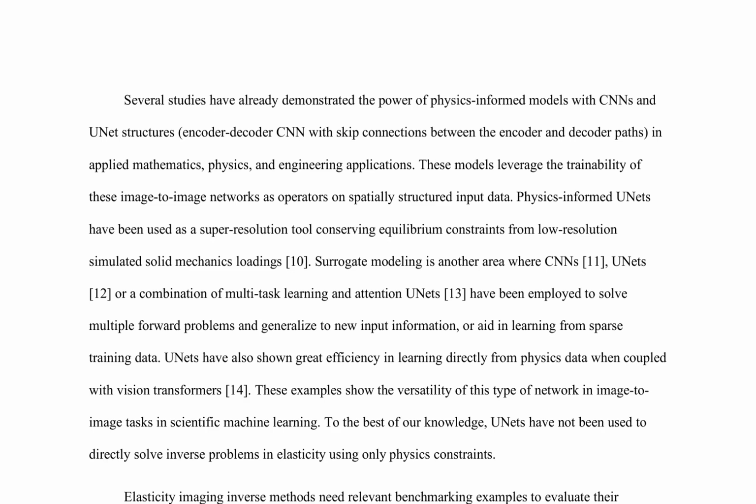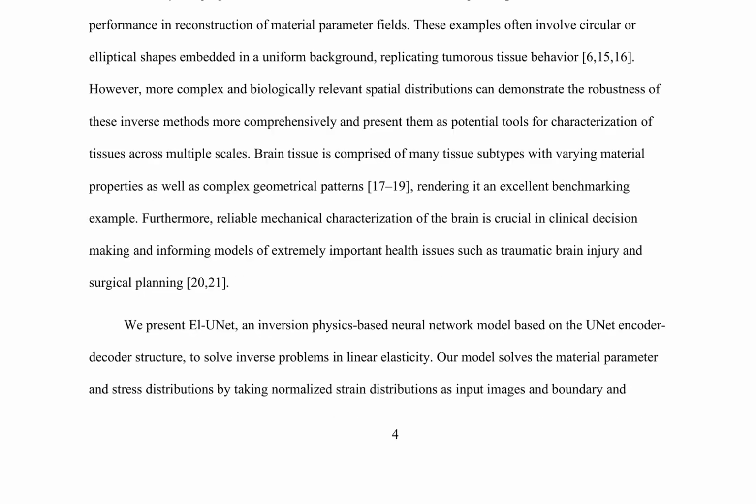To the best of our knowledge, UNets have not been used to directly solve inverse problems in elasticity using only physics constraints. Therefore, we propose El-UNet, an inversion physics-based neural network model based on the UNet encoder-decoder structure, to solve inverse problems in linear elasticity. Our model takes normalized strain distributions as input images and boundary and loading conditions as additional inputs to reconstruct material parameter and stress distributions. The use of El-UNet in elasticity imaging can provide a robust tool for characterizing tissues across